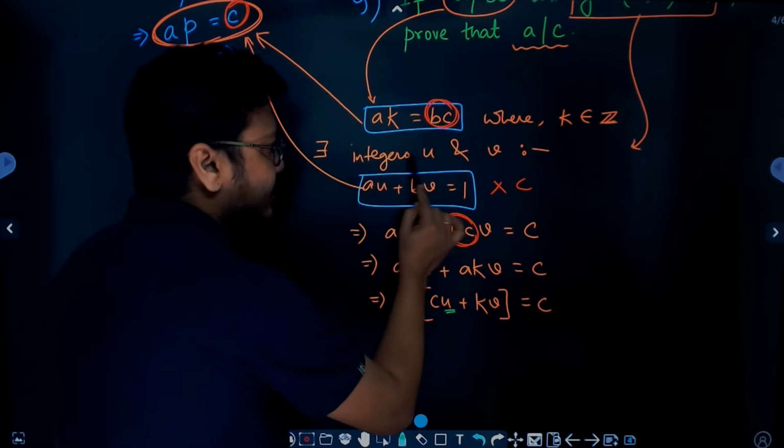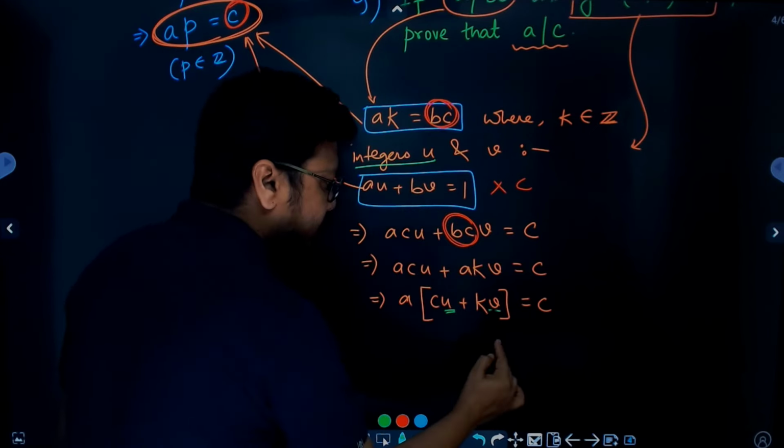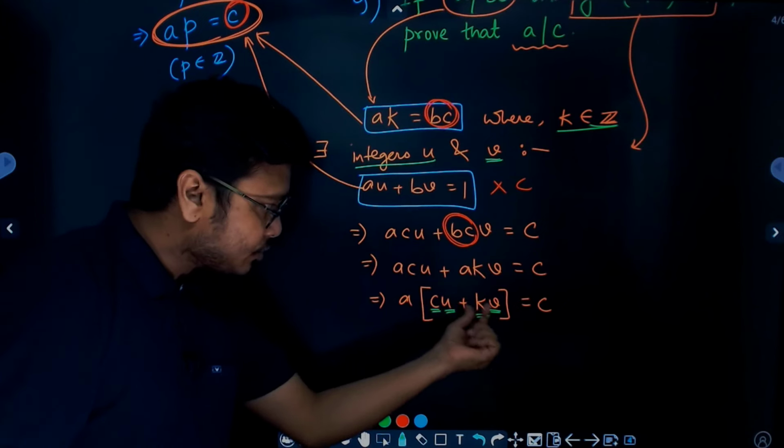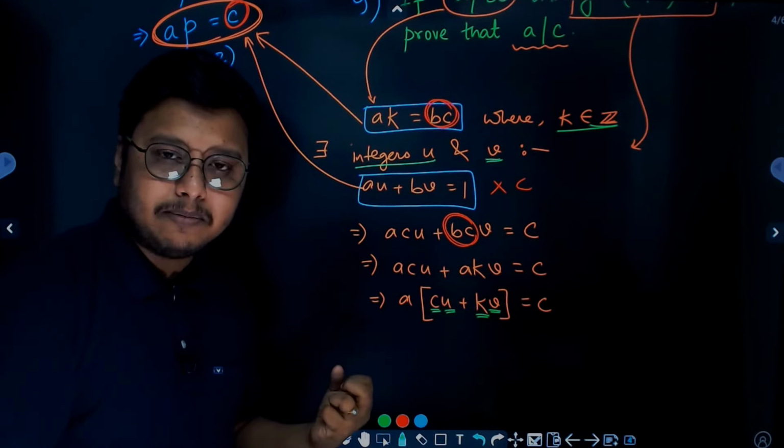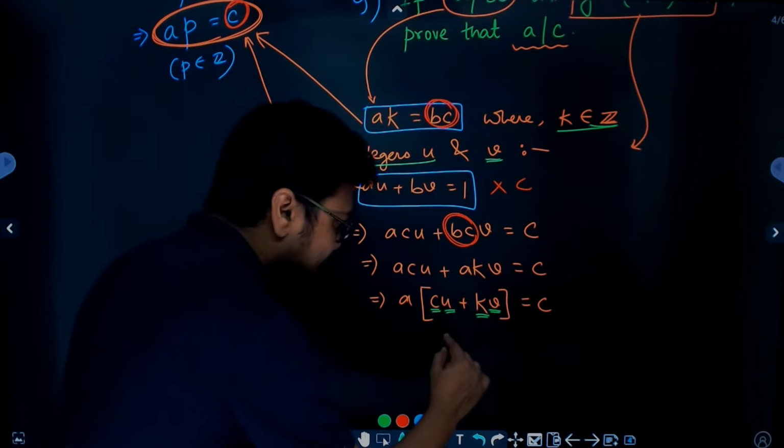See, there exist integers u and v, and c and k. Now what was k? k is an integer. c was already provided in the question, so c is definitely an integer. So if I take the multiplication of integers and after multiplication I take their addition, the entire thing